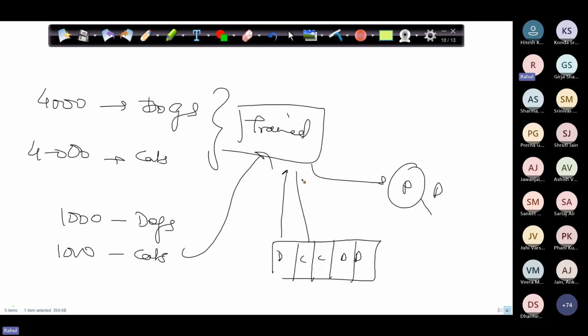Same way for this image also, it will predict whether it's a cat or dog. Same way for the others. That is what I am going to do in this entire code. Now, before I proceed further and quickly go through the code, I will also highlight